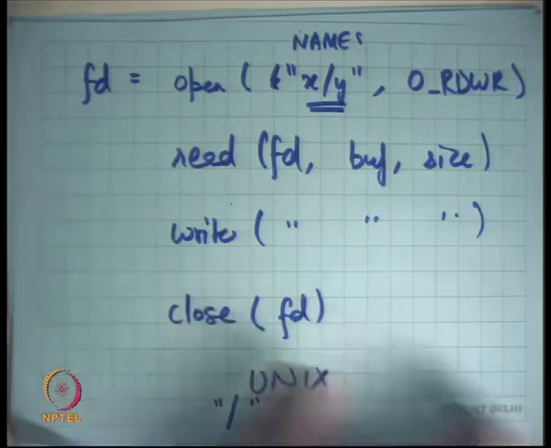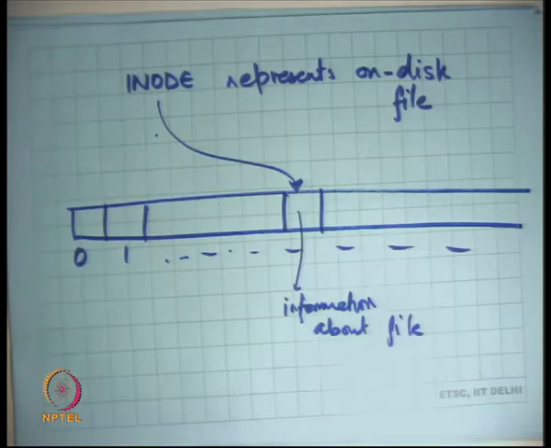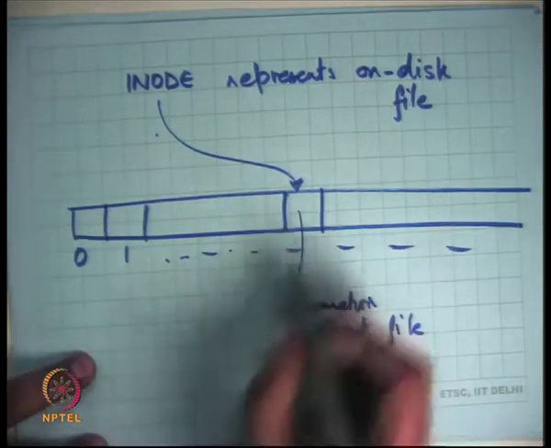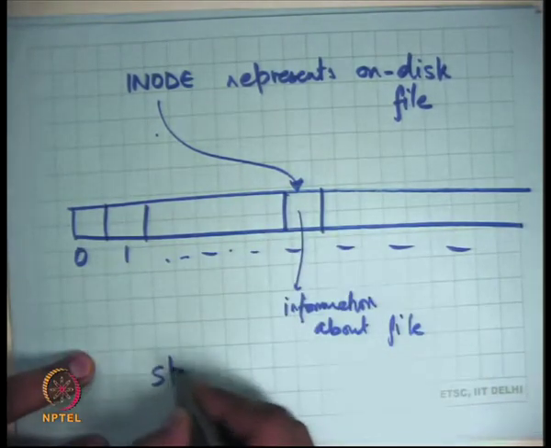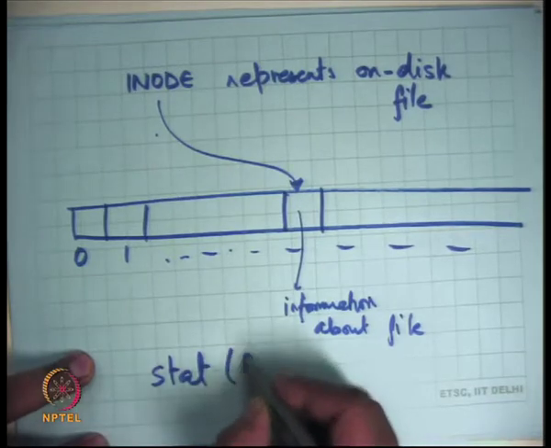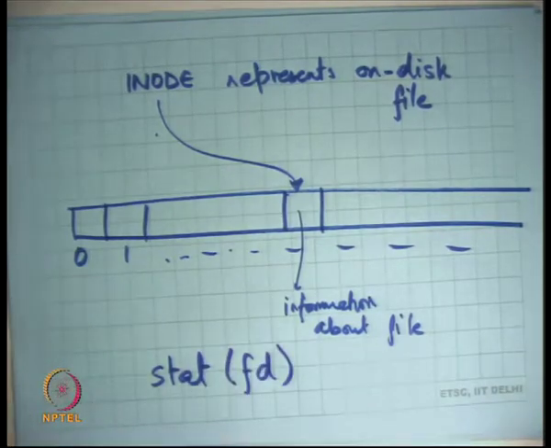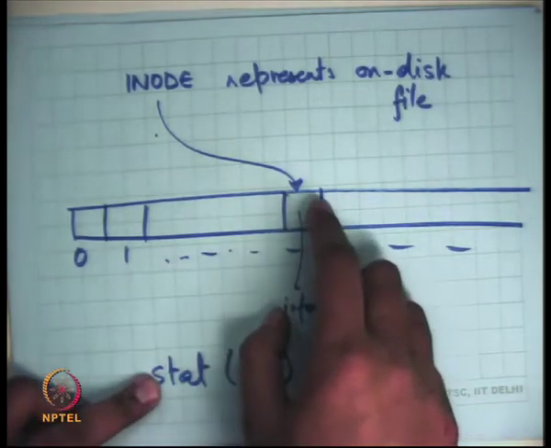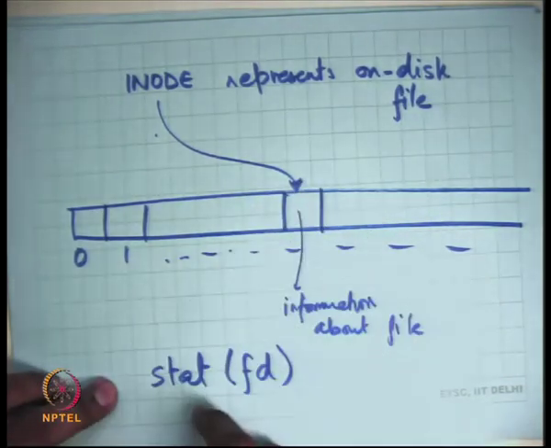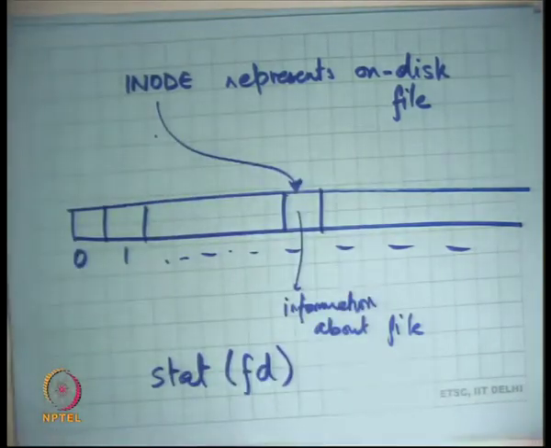So there is something called an inode which basically represents the file, and the user cannot see that inode except through a system call called stat, so let us say stat on fd, which allows you to inspect certain fields of the inode. For example, what's the size of the inode, and what's the status, whether it's read only, read write, and so on. So this structure is completely hidden from the user except that he can inspect it using stat, which is basically just read access. It cannot directly write to it.